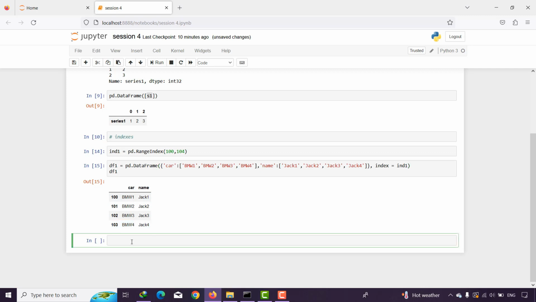But we have other ways. We can use multiple indexes. For example, the student ID and the national ID can both of them be the indexes. So sometimes one index is not enough for us. So in these cases, we go into multiple index, and we set pandas multiple